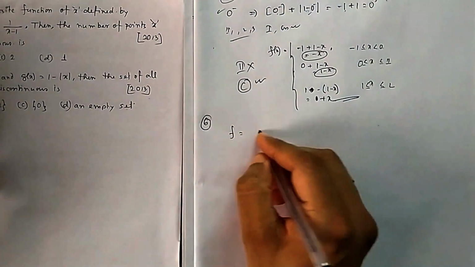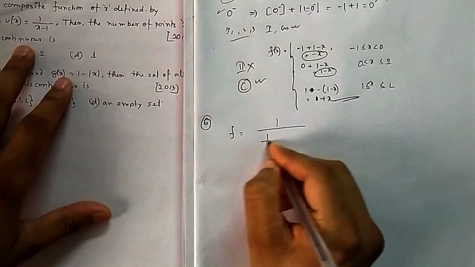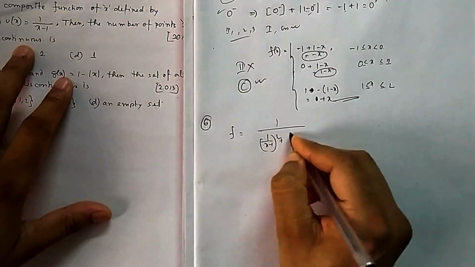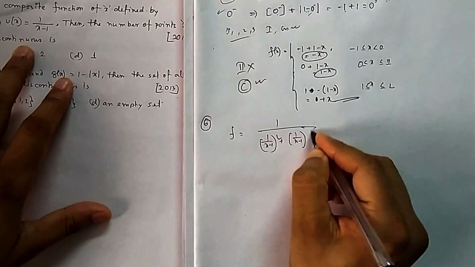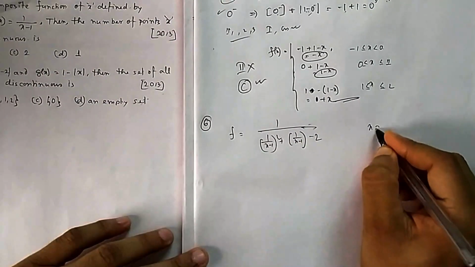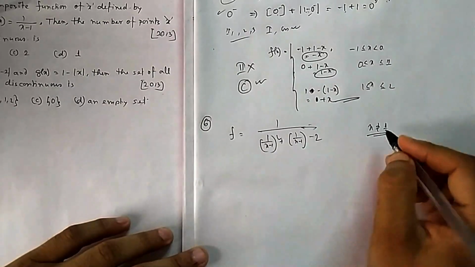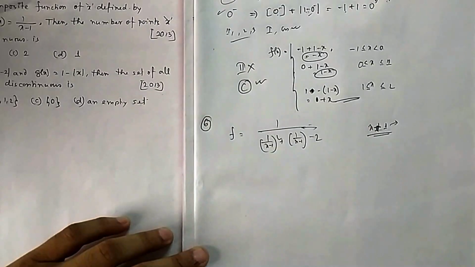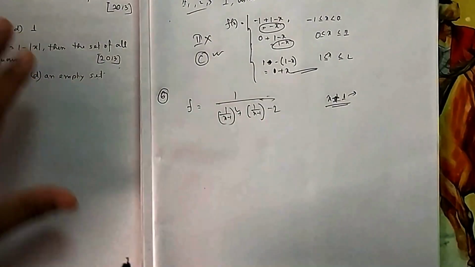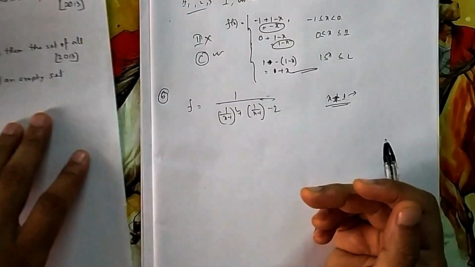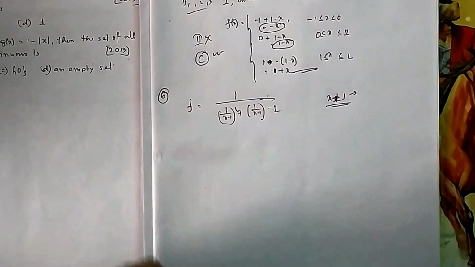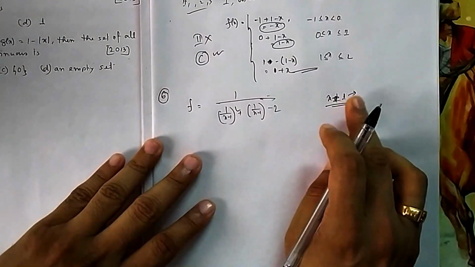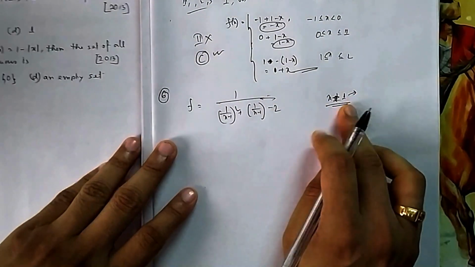So first, if you put this in this function, if I want to find this one, given this one, I will put this as (x minus 1) whole square, 1 by x minus 1, then minus 2. So the first thing is that x cannot be 1, so 1 discontinuity. If x equals 1, it is discontinuous at 1. If x is 1, then it is going to be infinite, which is not possible. You cannot put infinite there, and you cannot say infinite square. So the first thing is that it should not be x equal to 1.